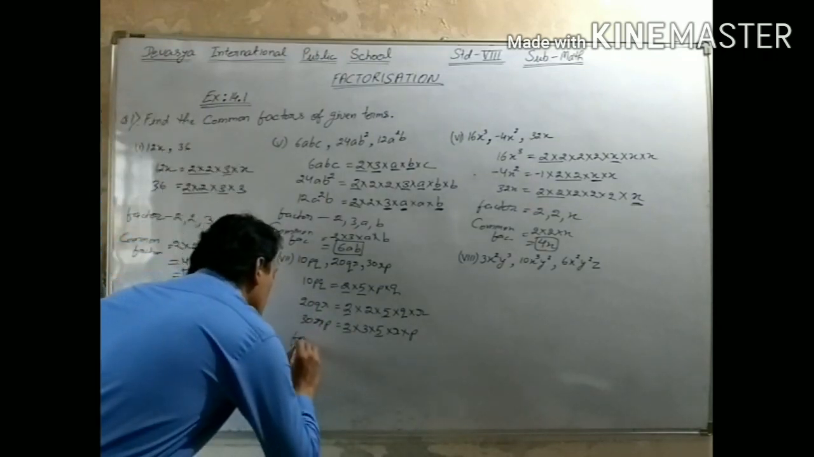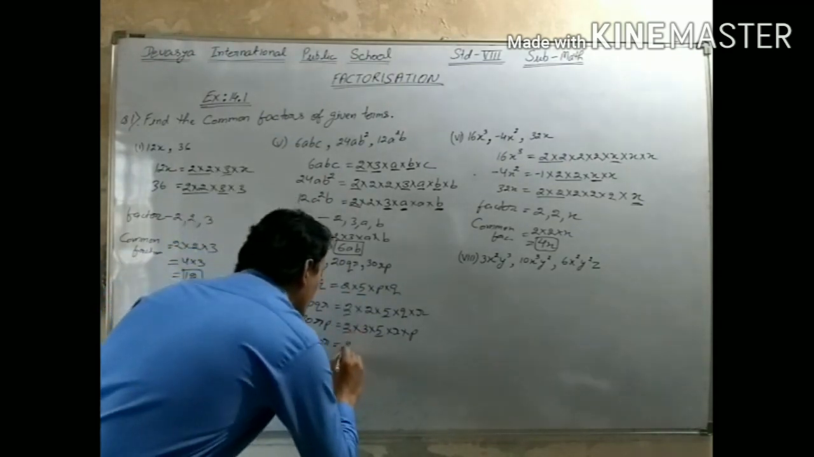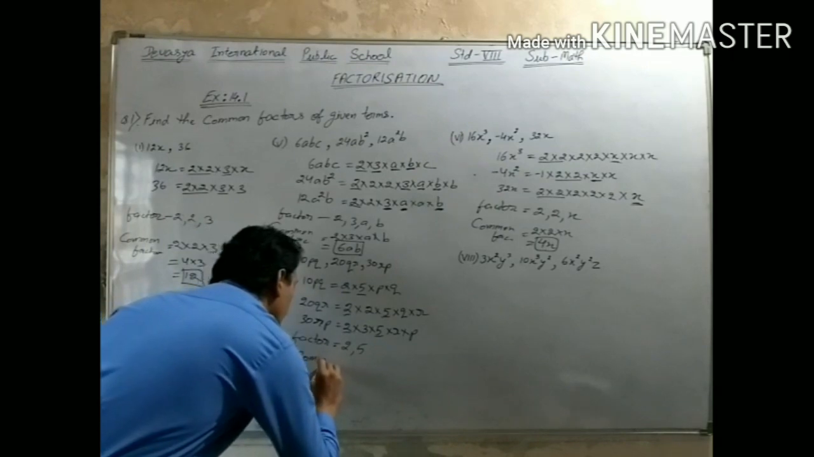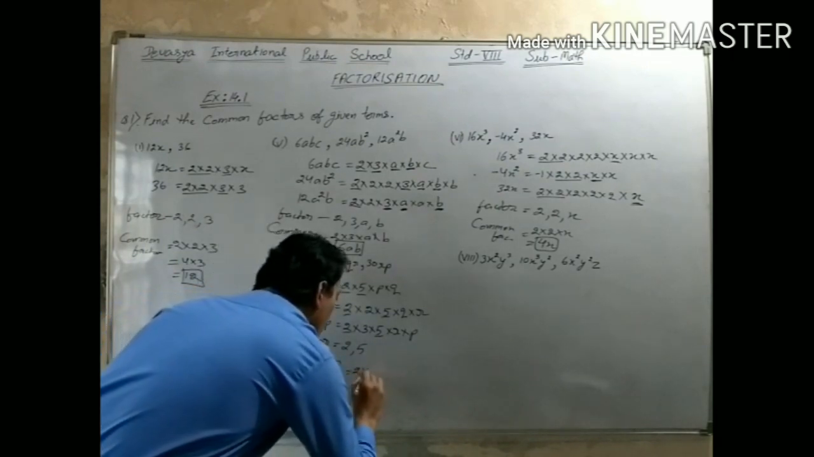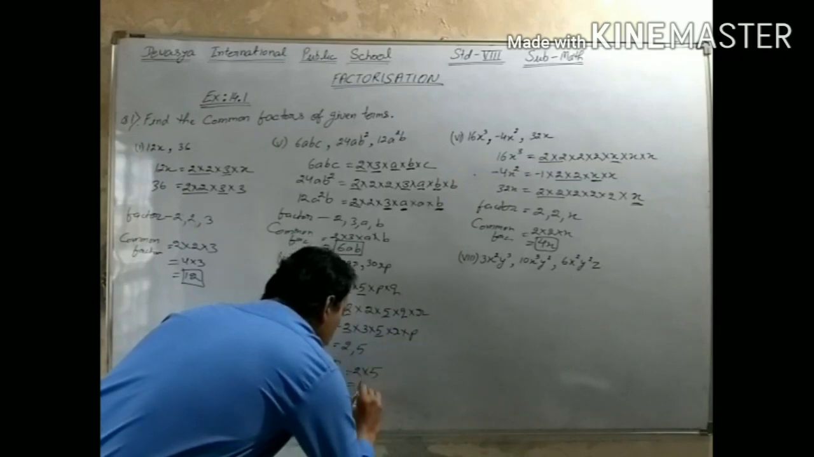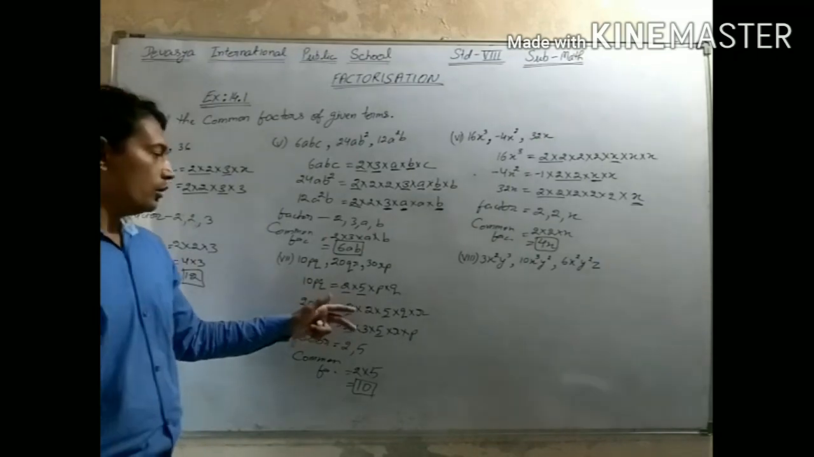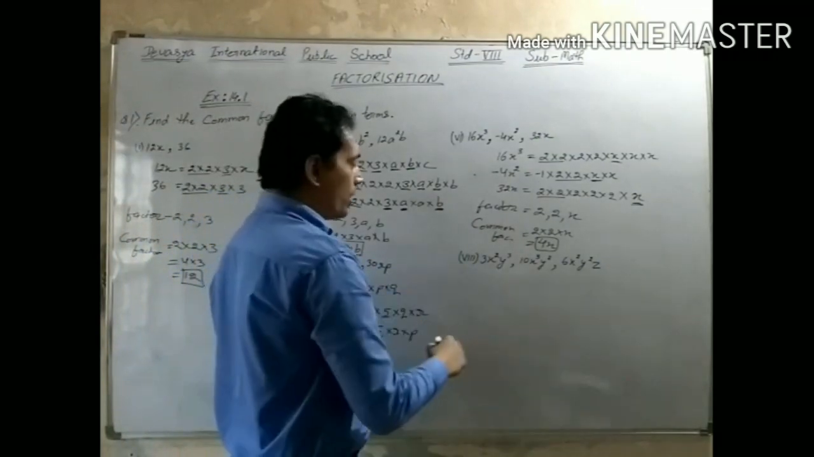So the factors, which are the factors? 2, 5, and the common factor is equal to 2 into 5, that is equal to 10. Okay, so 10 is the number which is common to all the three different terms. And again we have the last one,